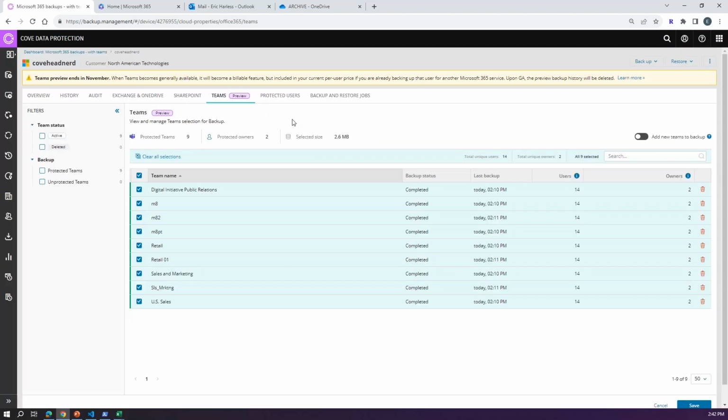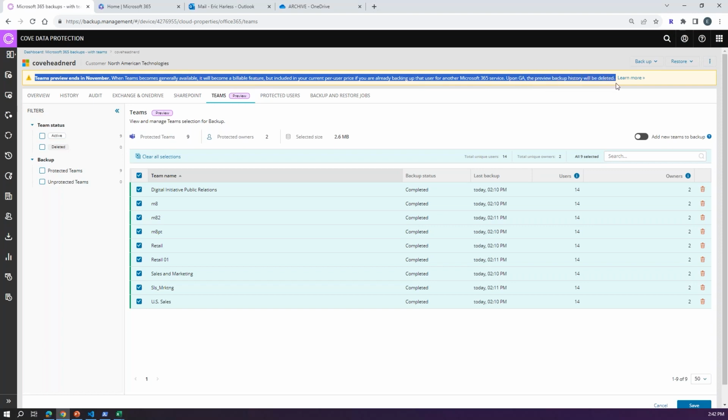Before you do that, note that the preview ends in November. It's going to become generally available in billing around the beginning of December. And then, of course, any history that was done here during the preview gets purged away. They've already started moving the databases around and changing. This link will change once we get to GA, so you'll be able to see that and have that notification